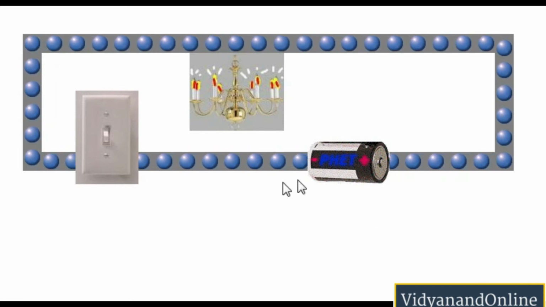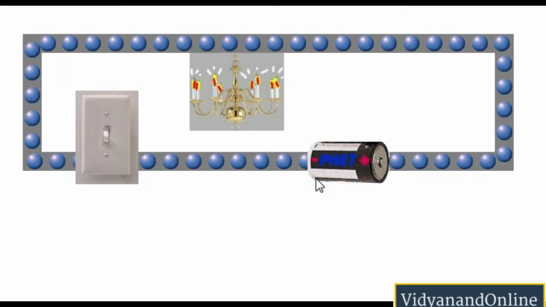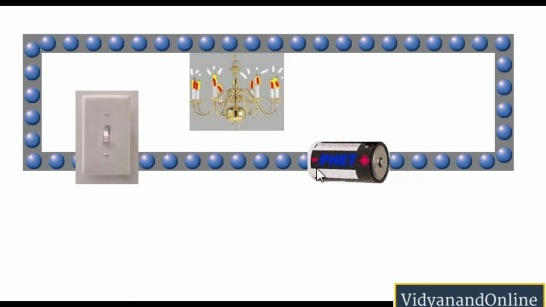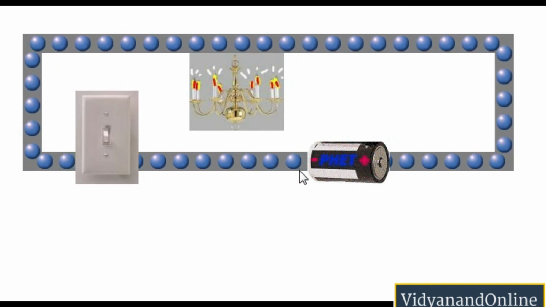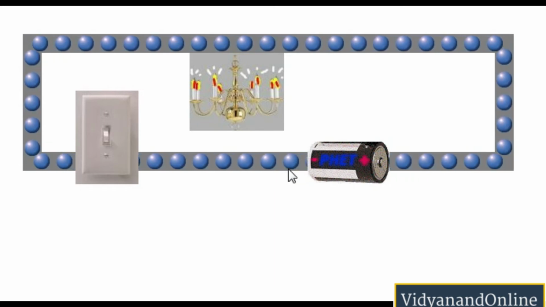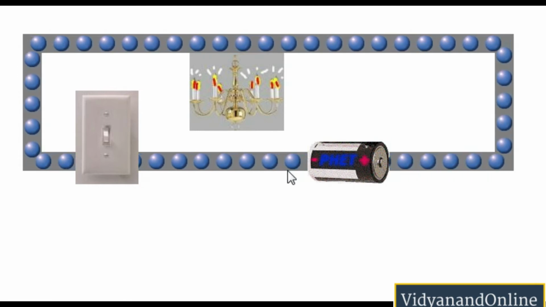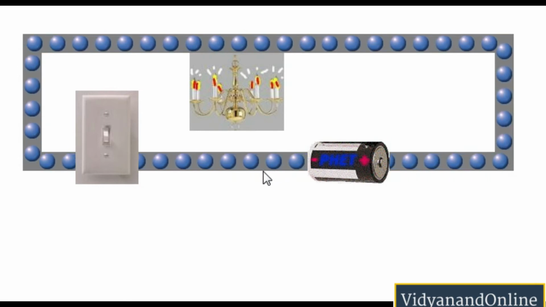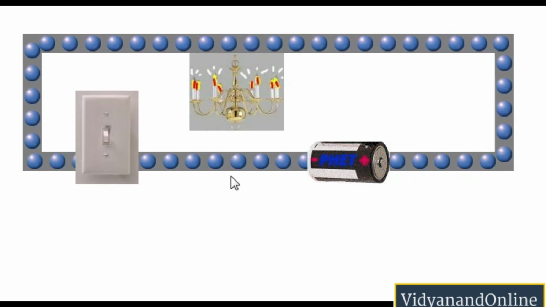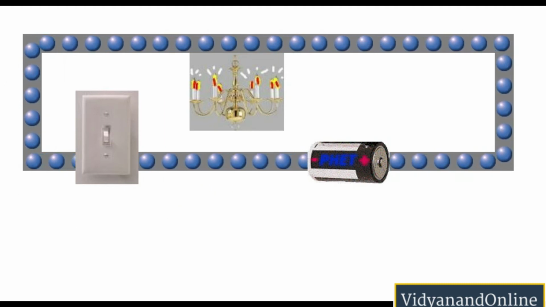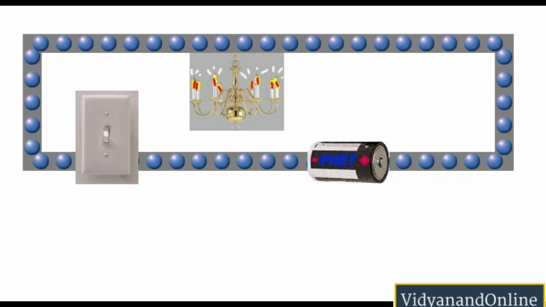So the negative terminal of the cell repels the electron in the conductor near it. So these electrons, being negatively charged, get drifted away from the negative terminal of the battery, and they in turn repel the neighboring electron, or you can rather say that they transfer the energy to the neighboring electrons, and now the neighboring electron is also pushed away. They also get repelled. In this way the process goes on, and thus the energy flows throughout the circuit, and this electrical energy flows nearly with the speed of light.